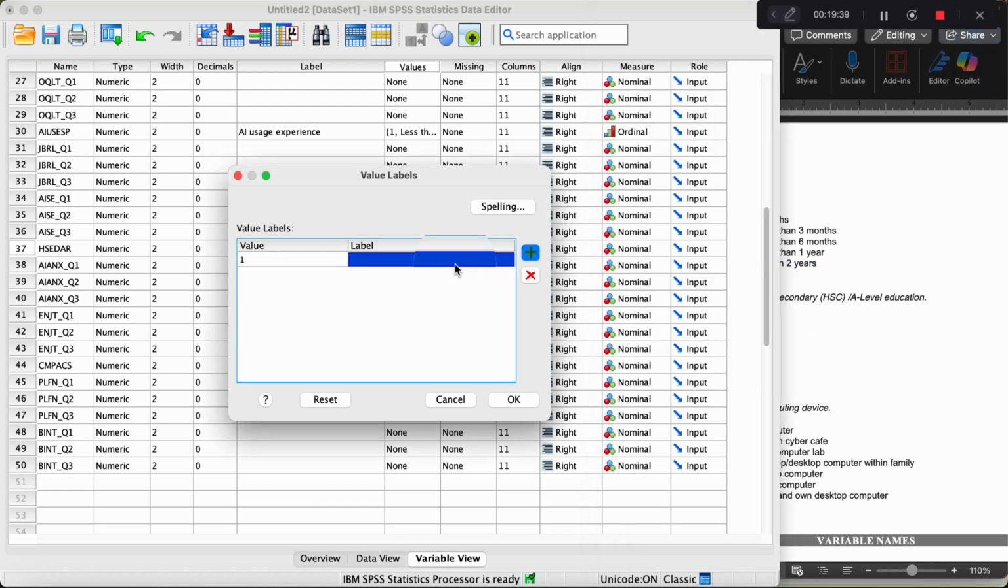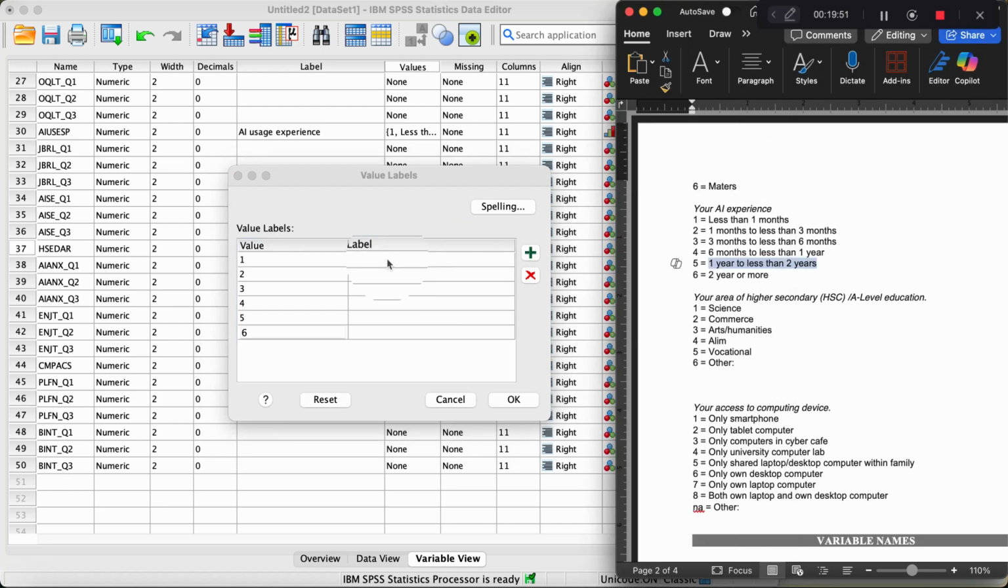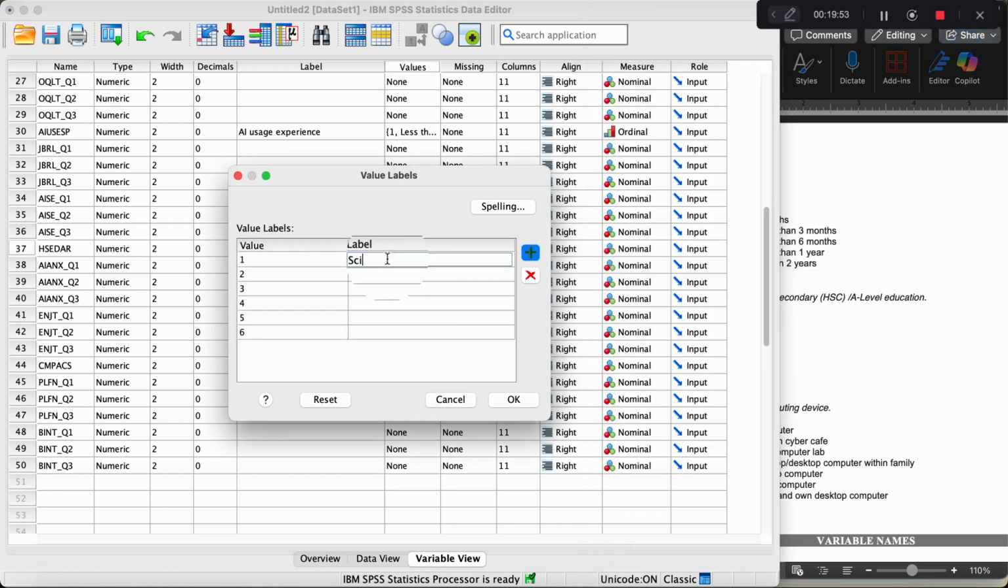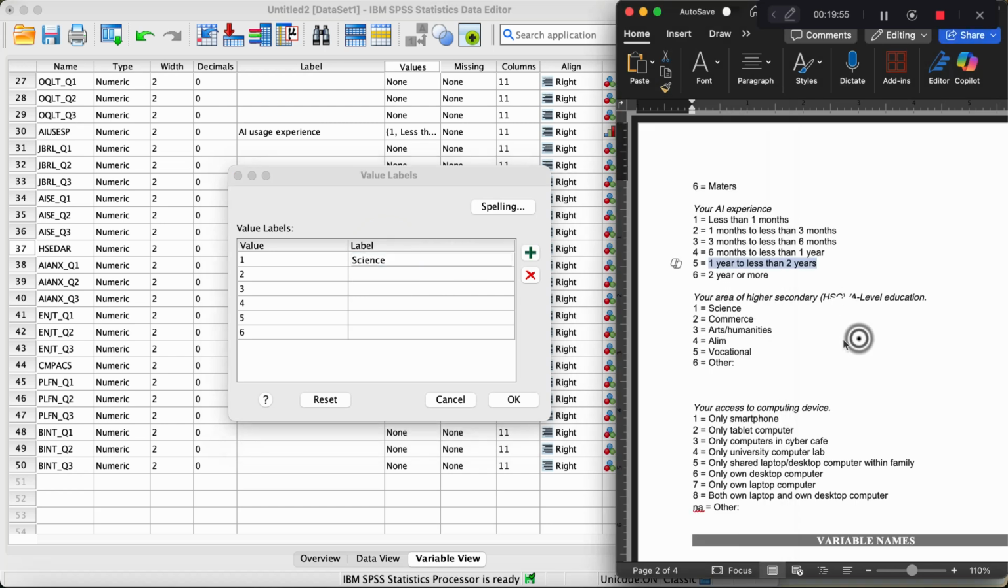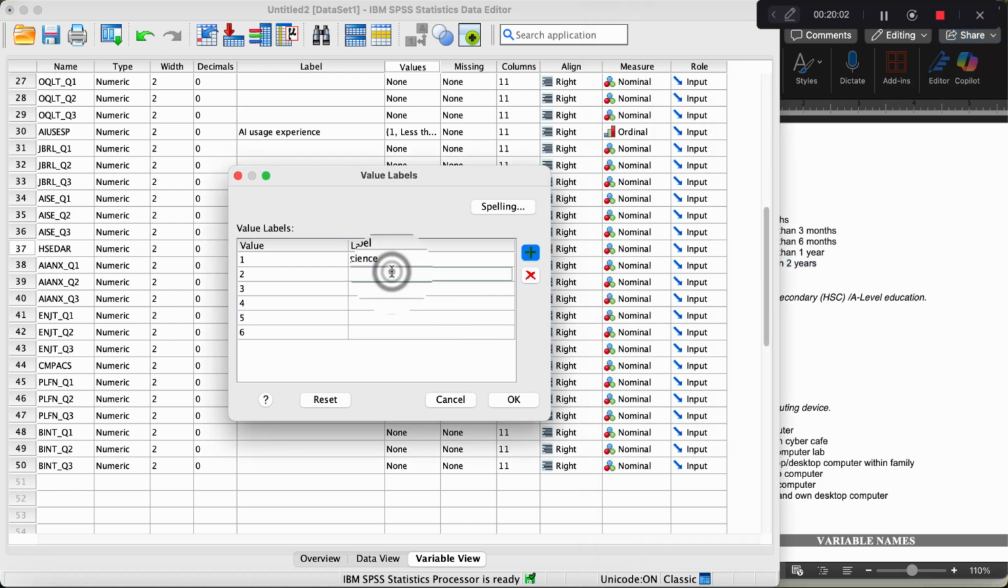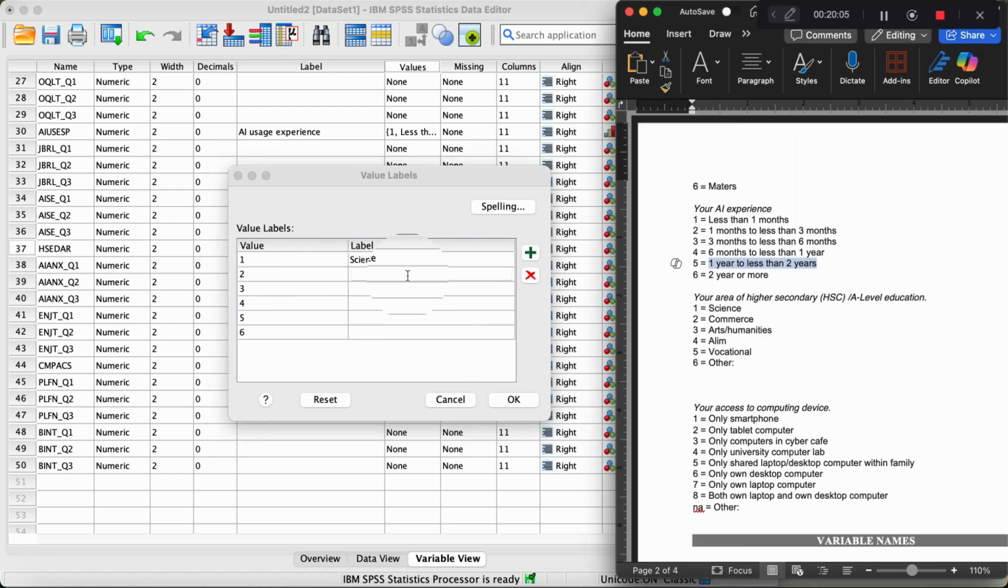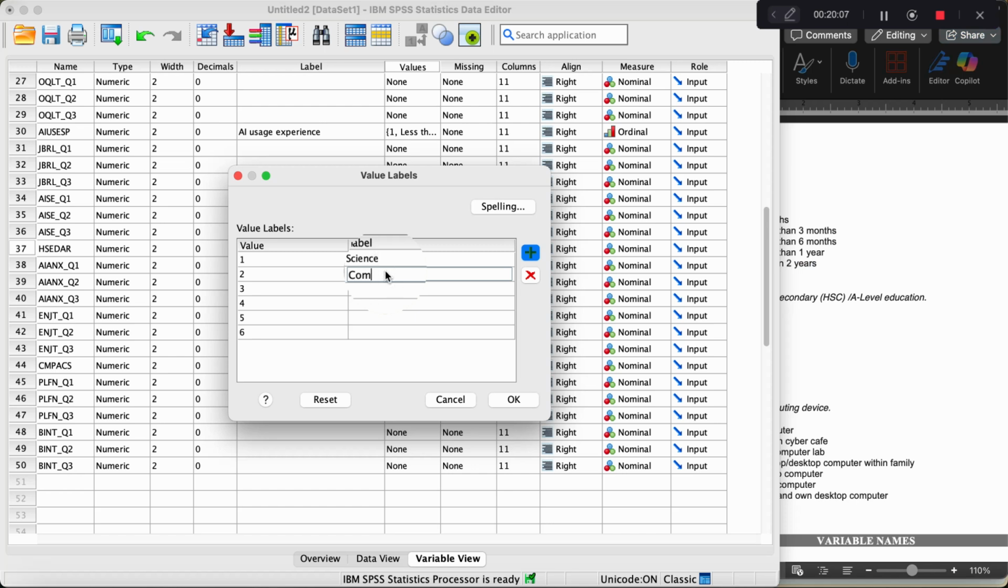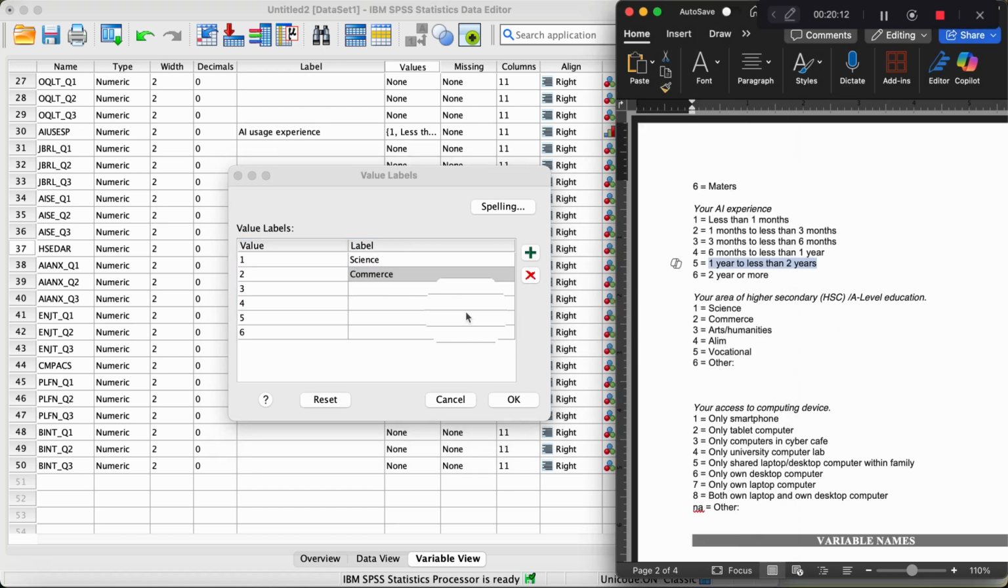Let me add the values first. 2, 3, 4, 6. Okay, now let's start from number 1 is science. We should maintain whatever we have noted because the respondents have responded based on this value, in fact. Okay, so we should not change the order. Number 2 is commerce, we must not change. Then arts or humanities,